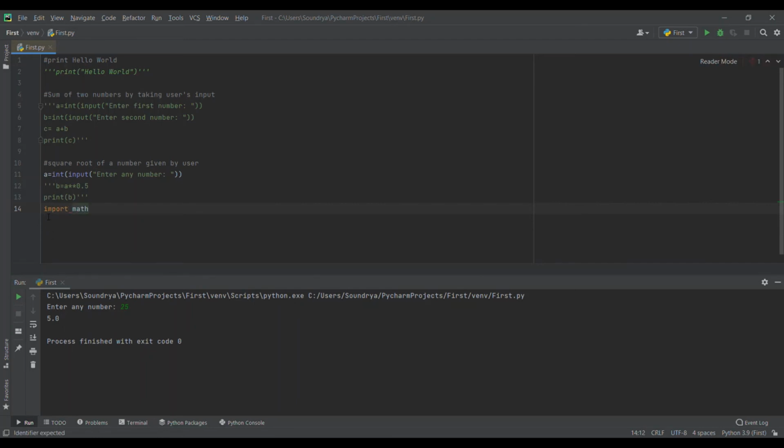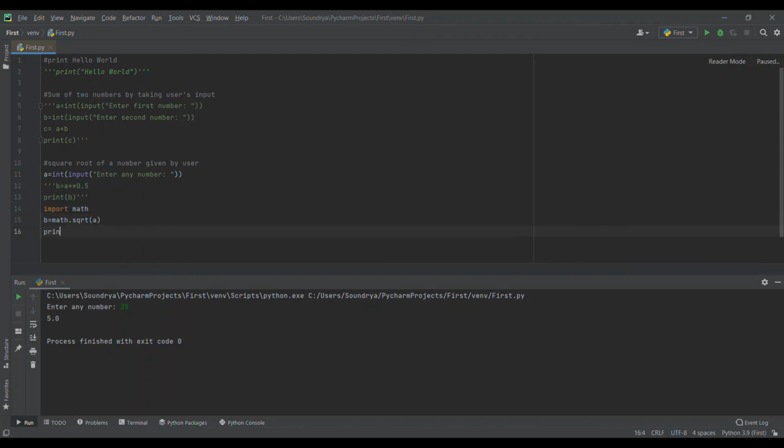We can import it by using the import statement, and the module name is math. Now b equals math dot sqrt. Here sqrt is the short form for square root. It is an inbuilt method, and in brackets a.